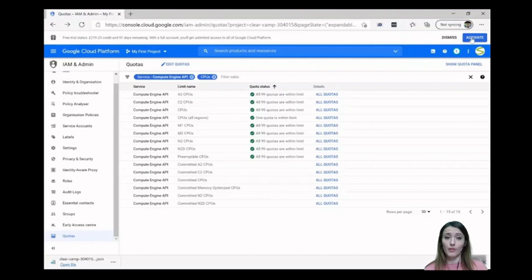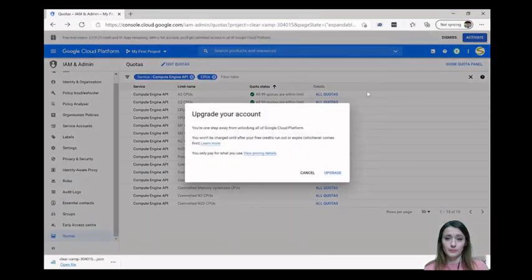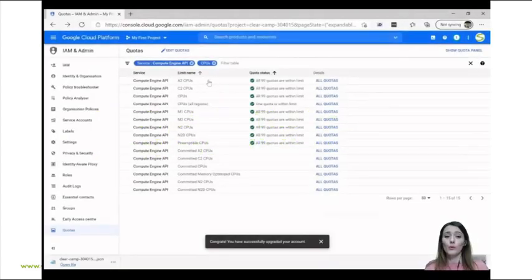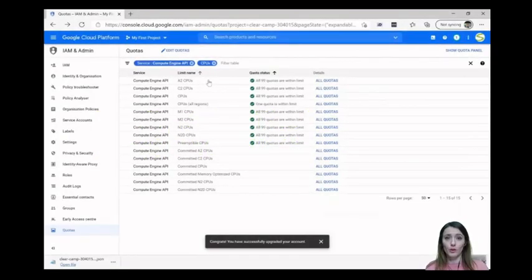First, with a free account, you are not able to modify quotas, so the first thing you will need to do is to upgrade your account, and then you will not be a free user anymore. So you have to press here, activate. You have to upgrade the account. And now you are allowed to modify the quotas. If you try and you are not able to modify quotas, it could be because it takes a while since you request it and the account is updated. So just wait some minutes and try again.